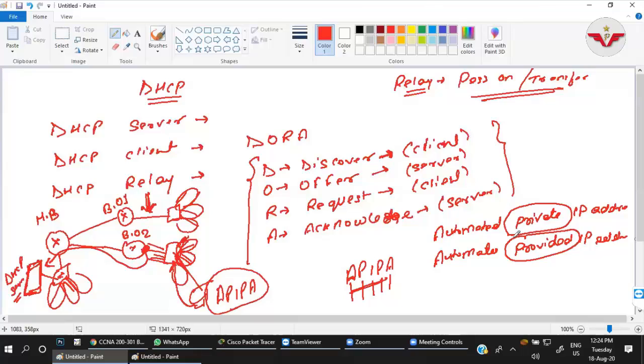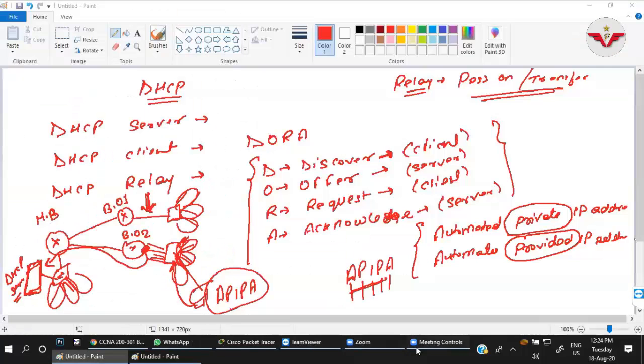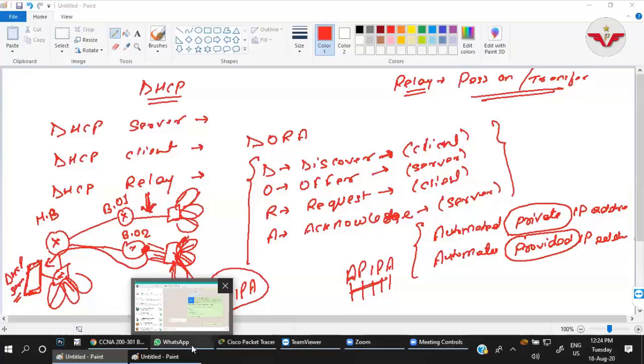As I am the subnetting guru, I personally have only one doubt in IP addressing, that is this term. Okay, I'm just giving you the logic. I think Teja is aware of that. Teja, right? Have we discussed this in our session? Yes, sir. Okay. So for Afzal, I'm just asking you one question.